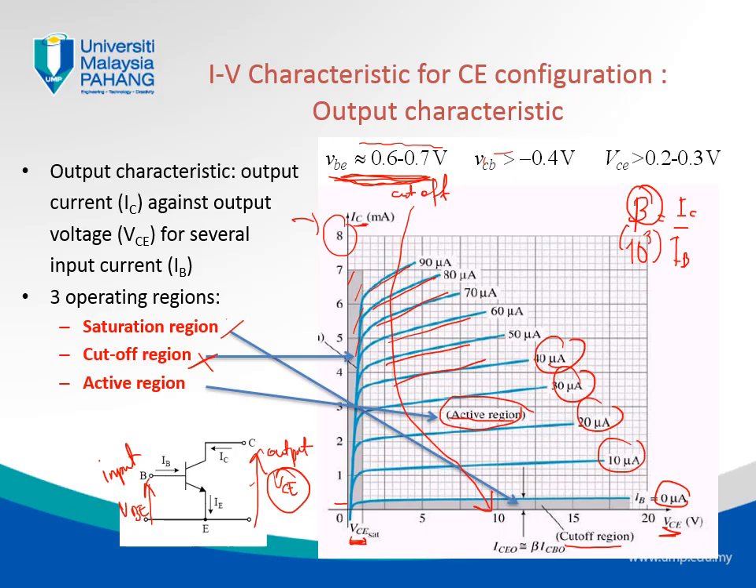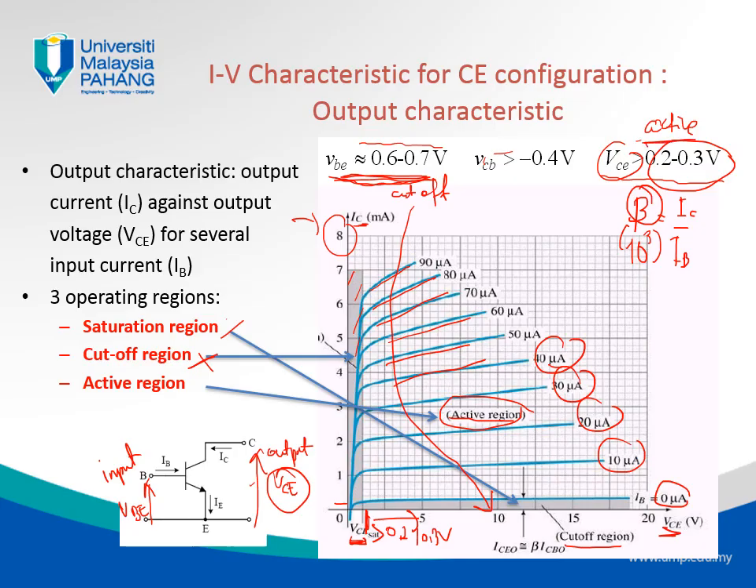The next region is what we call the saturation region. What is the saturation region? It's not the saturation, the active region. In the active region, VCE is larger than 0.2 or 0.3 volts. As VCE is larger than 0.2 or 0.3 volts, now we are in the linear region, which is called the active